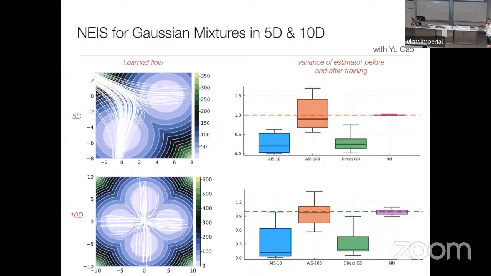You never achieve the zero variance estimation, but they have a variance that is very, very small. Okay, and we compare that to several things. One is what you do if you try to guess the velocity field. There are ways you can do that. That's what we did in the original paper, and you see that it works much better.